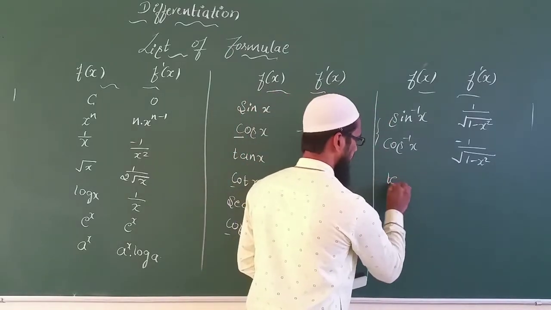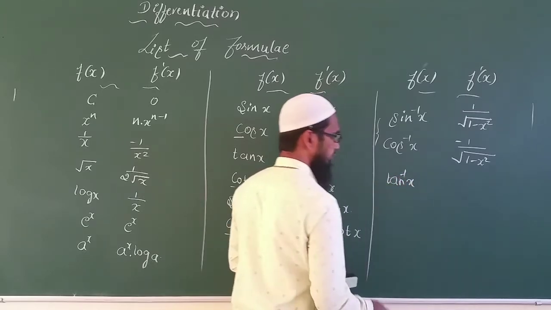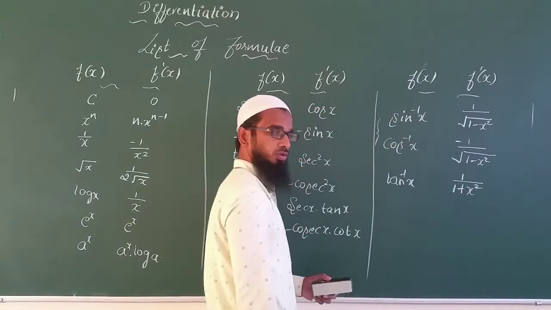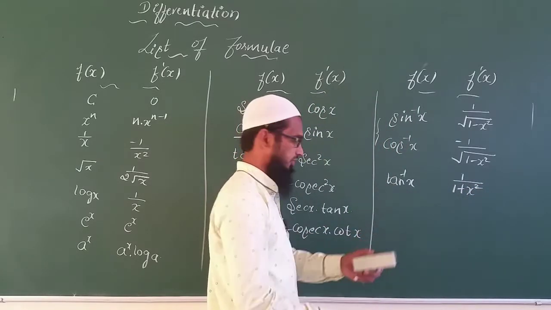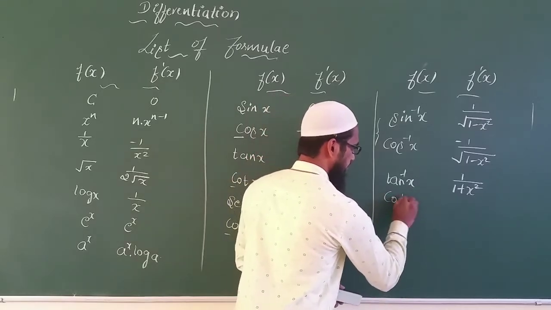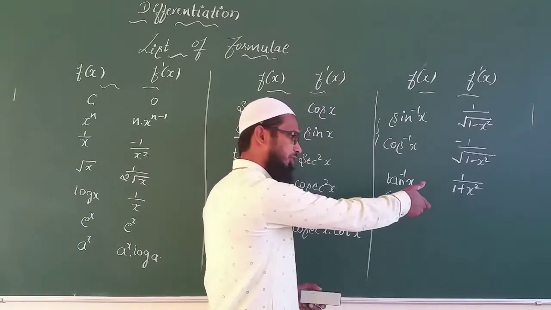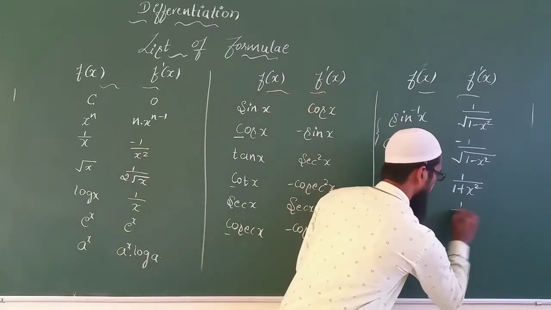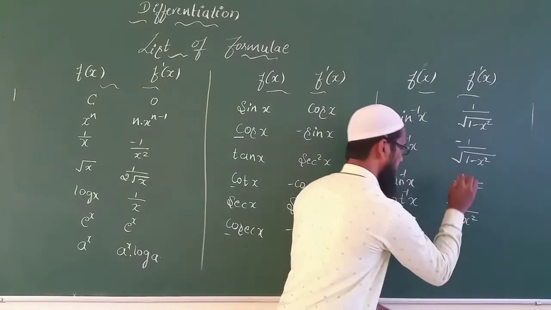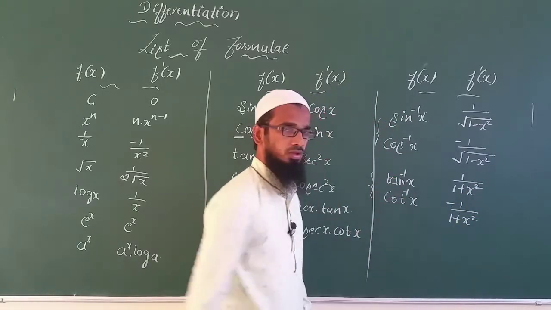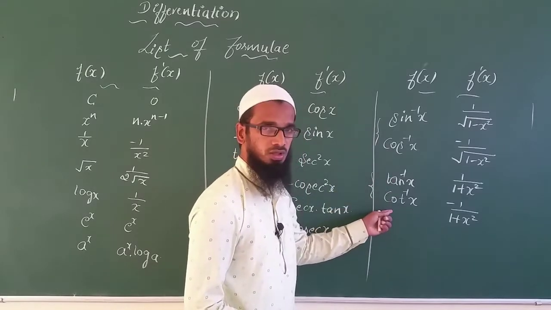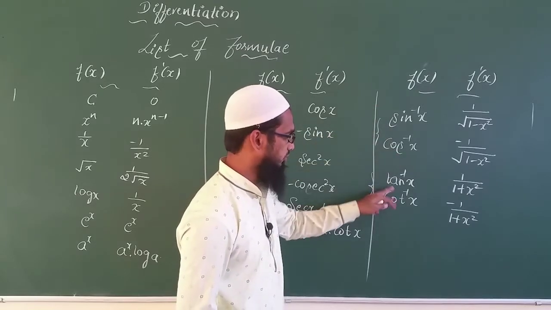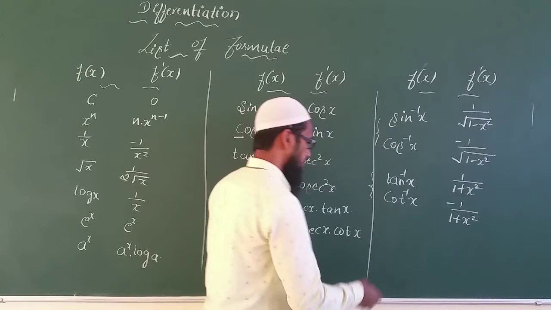Again there is one more group, like tan inverse x, which is given by 1 over 1 plus x square. For this tan inverse x, we have a partner function, that is the cot function. So cot inverse x is equal to, we just replace the same thing here, 1 over 1 plus x square. But the thing is we have to take this as negative here, because this is one group. So sine, cosine, tan, cot, like co-functions, you can just see here, if we add CO here, it becomes cos inverse. Tan becomes cot here. Like that we can remember.